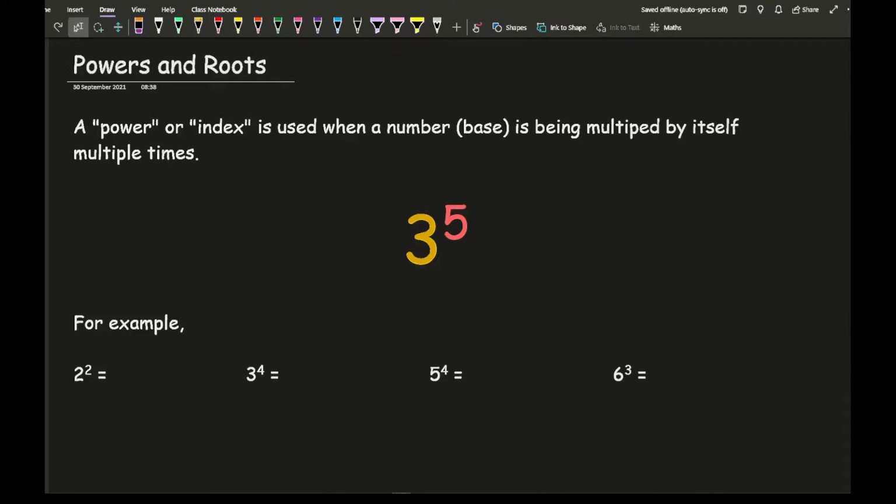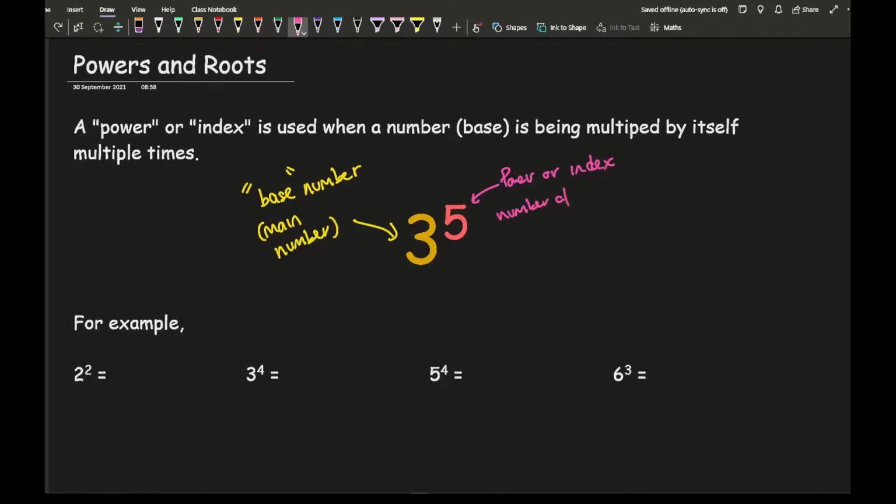So if you see something where you've got a big number, then a little number just above on its right hand corner, this is basically what it means. Our 3 is what we call the base number. It's not really called the base number at lower school, it tends to be more at A level that we call it that, but it's basically our main number that we're working with. And the power, or the index, is the number of times to multiply the base number